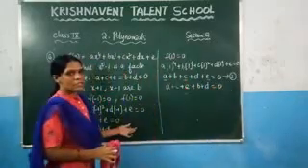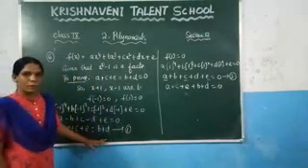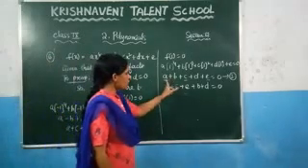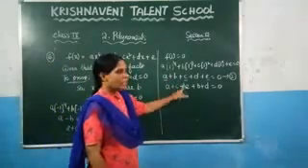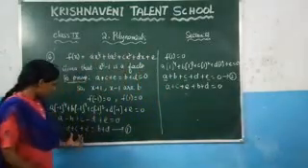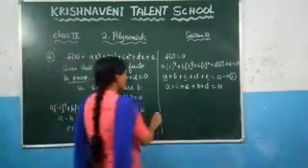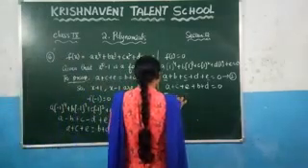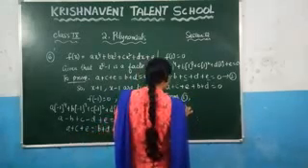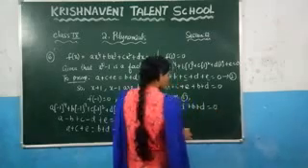Right? Just we have changed their places because we know that a plus c plus e is equal to b plus d. For this reason, what we have done, we have written all these terms a plus c plus e to the one side and b plus d to the last. So in place of a plus c plus e, you can write it as b plus d. So write it here from equation 1, you can write in place of this one, b plus d. What is left out here? b plus d is equal to 0.